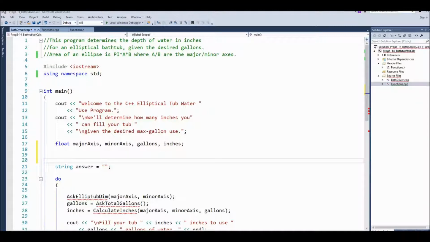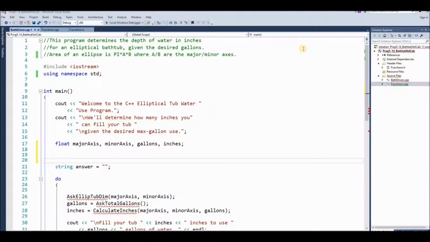So what I'm going to show you is program 5-14 bathtub volume calc, and that is a demo project. The source code is in your book, and I've arranged it to have functions.h and functions.cpp, and I've also entered some mistakes into the code so it doesn't work